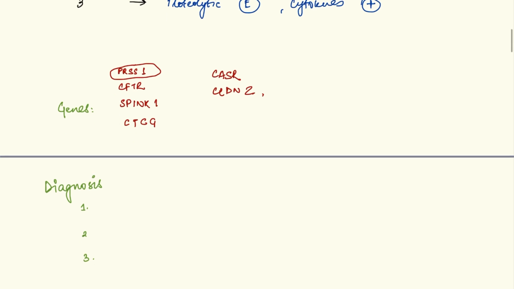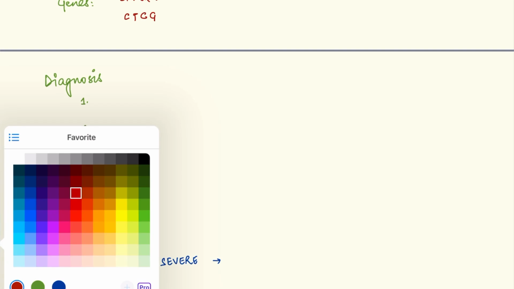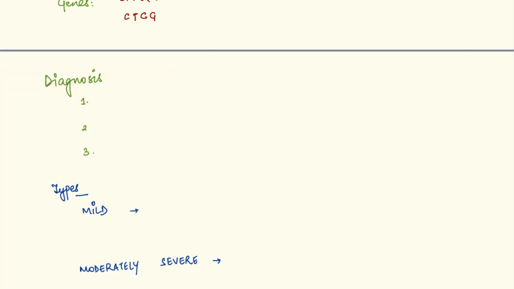Now we'll talk about the diagnosis. For the diagnosis of acute pancreatitis, we need to remember a few very important points. How will the patient present to you in the OPD? The patient will present in the OPD or the emergency, most likely the emergency. They will give you a very typical history: I have epigastric pain which is radiating to my back.